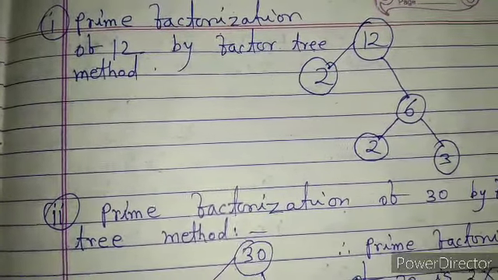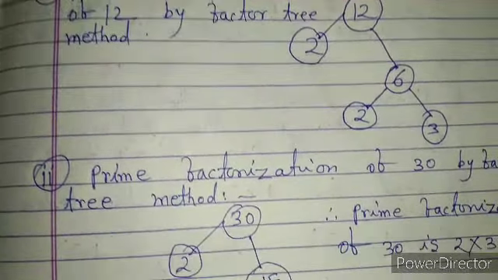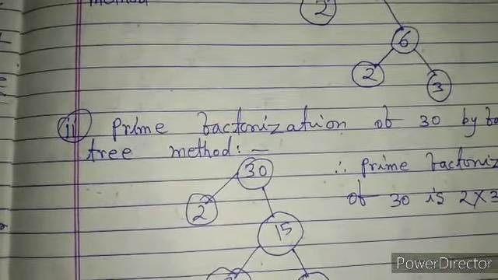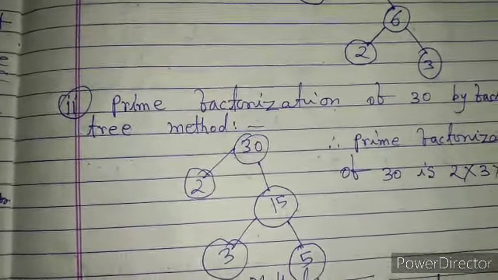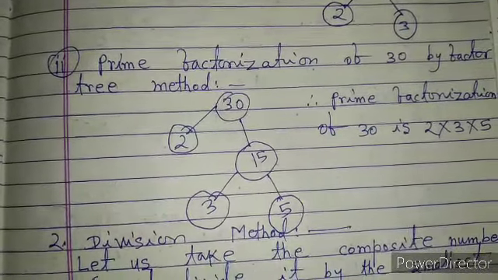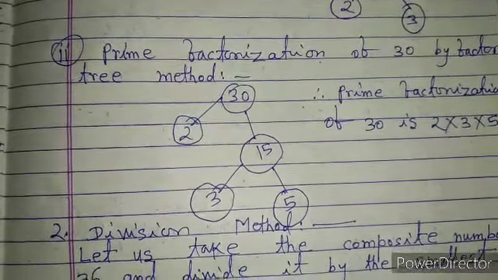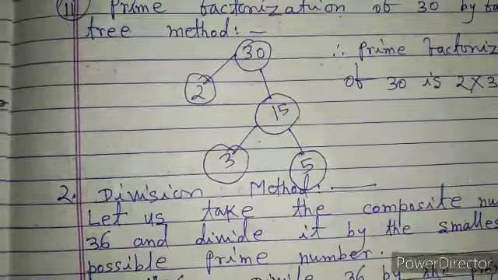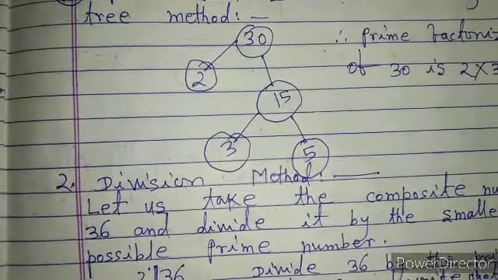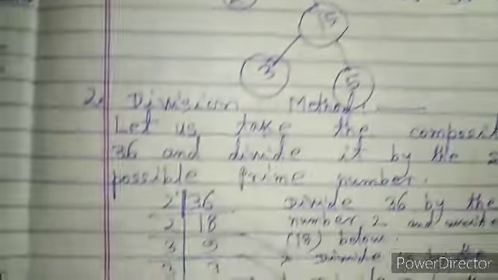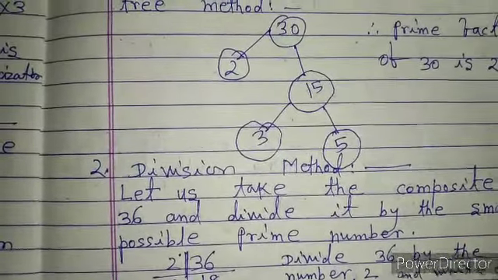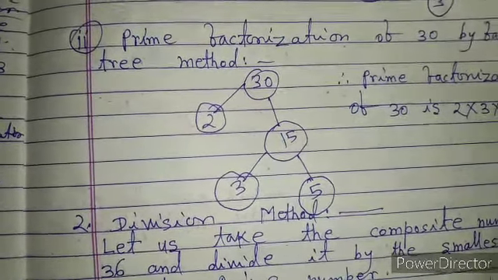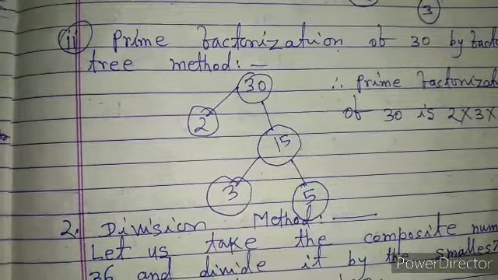Now we take another example, prime factorization of 30 by the factor tree method. As we know, 30 is divided by 2 and its quotient is 15. We write it in the shape of a tree. Again 15 is divided by 3. As we know that 3 fives are 15, the quotient is 5, and we observe that these factors are written in the shape of branches of a tree, so this is called the factor tree method. And we write again at last, the prime factorization of 30 is 2 into 3 into 5.